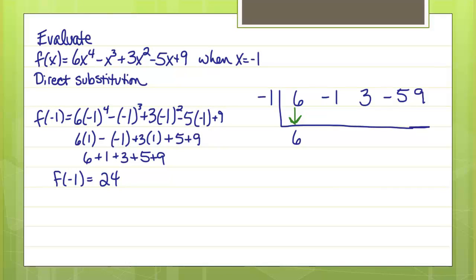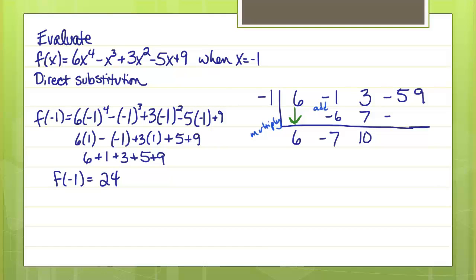And then we're going to multiply that -1 times what we have on the bottom there, times 6. -1 times 6, -6. Now we're going to add. So it's a little different from division. Think about it, it's kind of upside down division. On division you would subtract. Here we're going to add -1 minus 6, -7, multiply -7 times -1, positive 7, add 10,